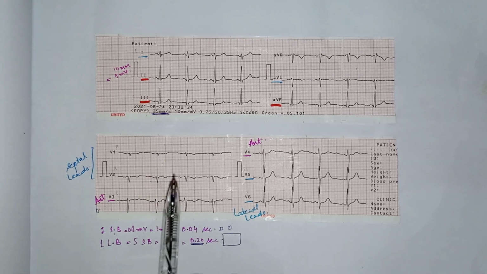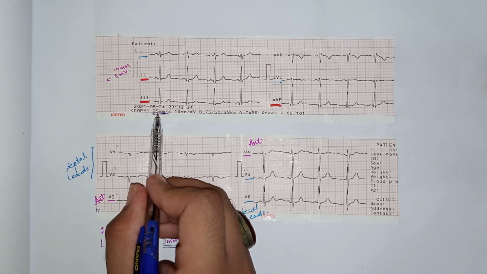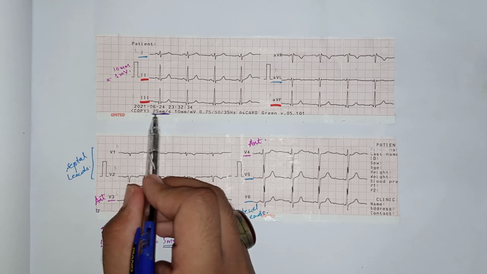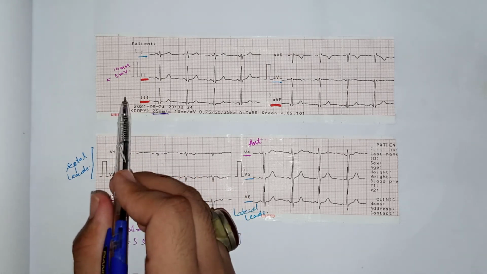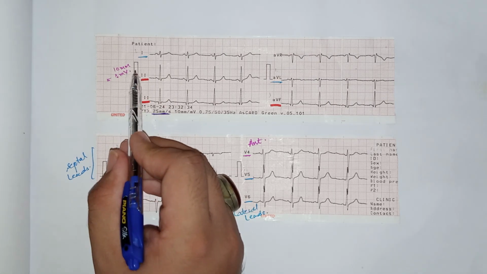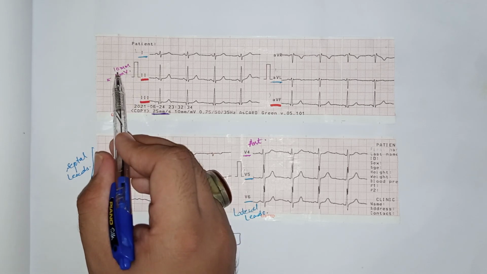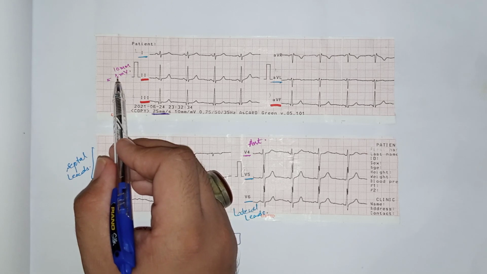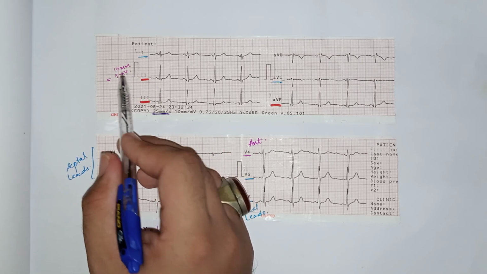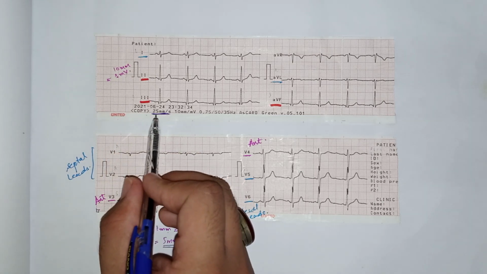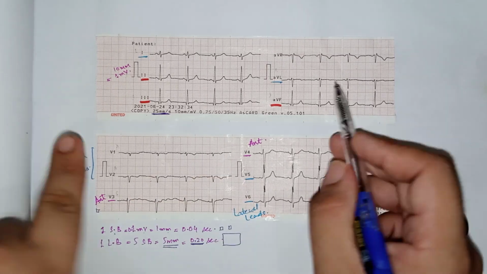First, a doctor should check the speed of the ECG paper. The normal speed of the ECG paper is 25 millimeter per second. This is the normal velocity or the speed of the ECG paper. And the normal calibration or amplitude of an ECG consists of two large boxes, and this is equal to 10 millimeter amplitude and 1 millivolt. So this is the normal ECG, a calibration of 10 millimeter or two large boxes, and a velocity of 25 millimeter per second. Now look at this ECG.